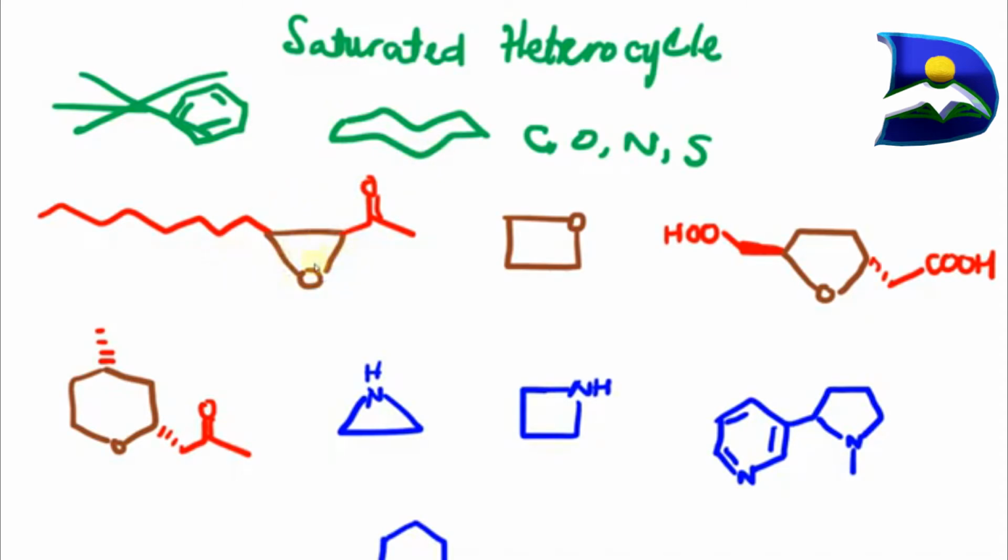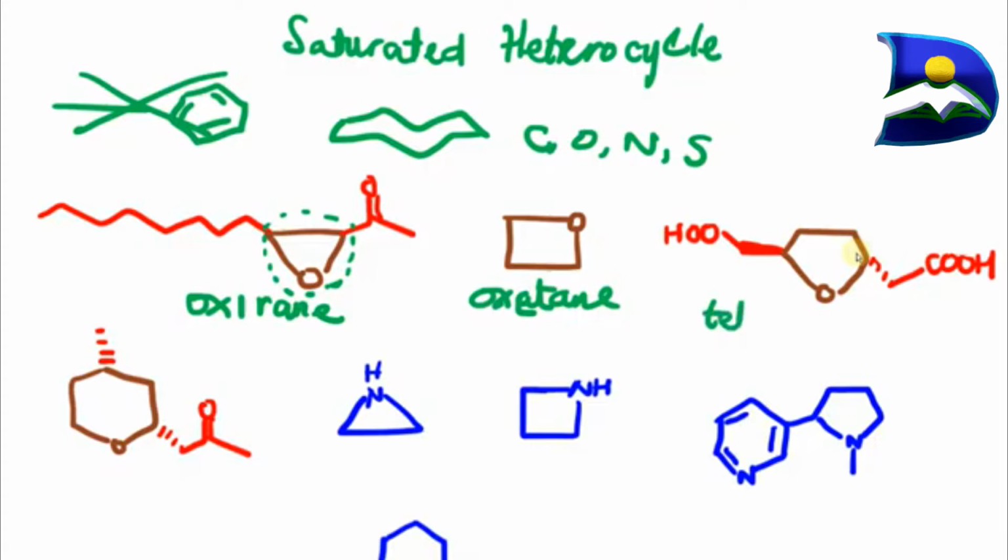In this case we see oxygens in a saturated ring, and what we notice is that we have a three-membered ring in this compound that is called oxirane. Another one here is a four-membered ring, and this four-membered ring that has oxygen in it is called oxetane. And oxetane is quite different from this particular one right here. And the next one here is called